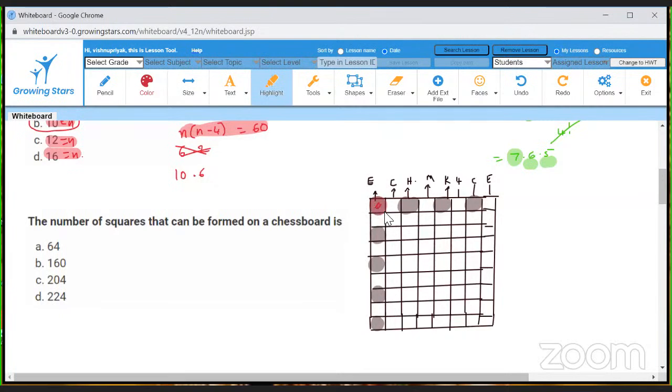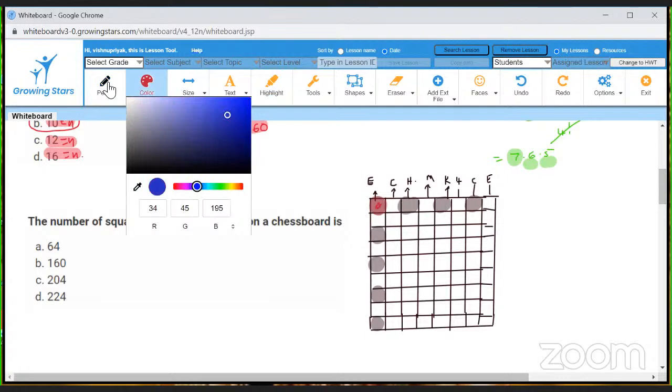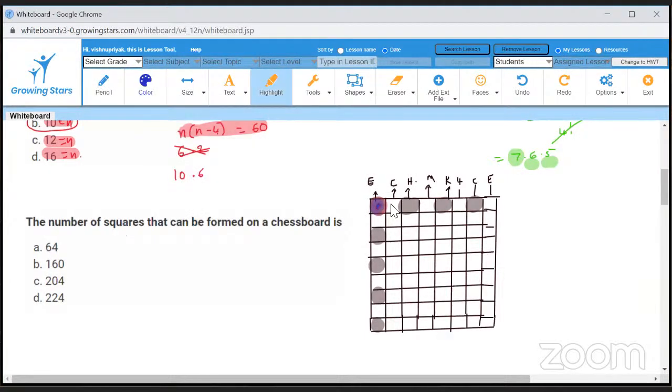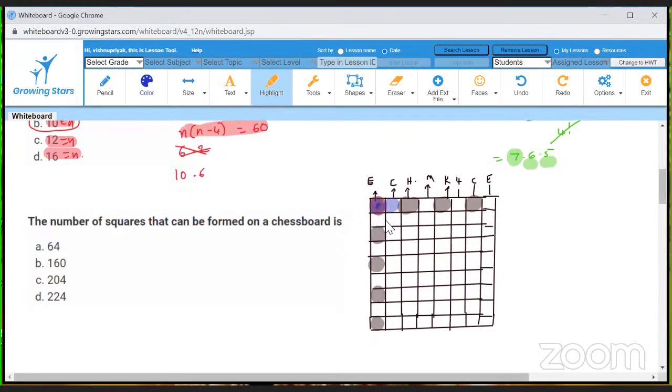And if you want another square, now what you need? This side 2, this side 2, this side 2. So that 2 into 2 squares are formed. First we have taken only one red color. Now we are taking,